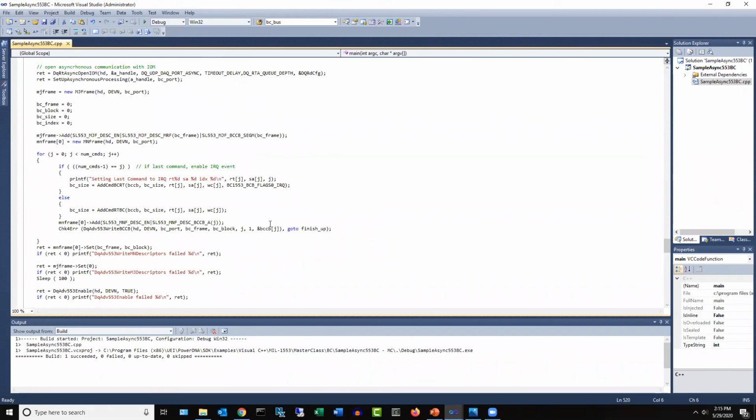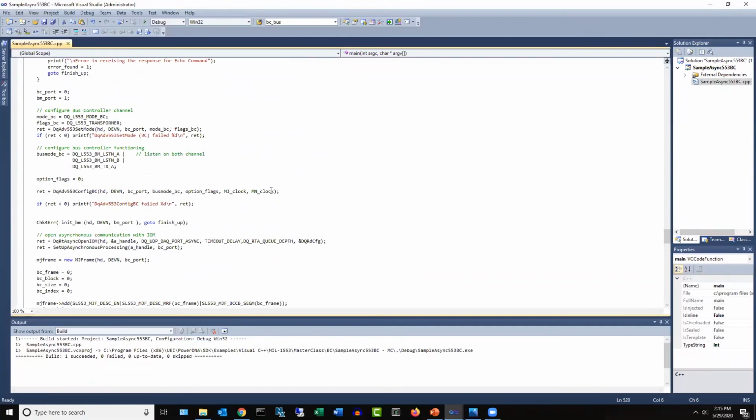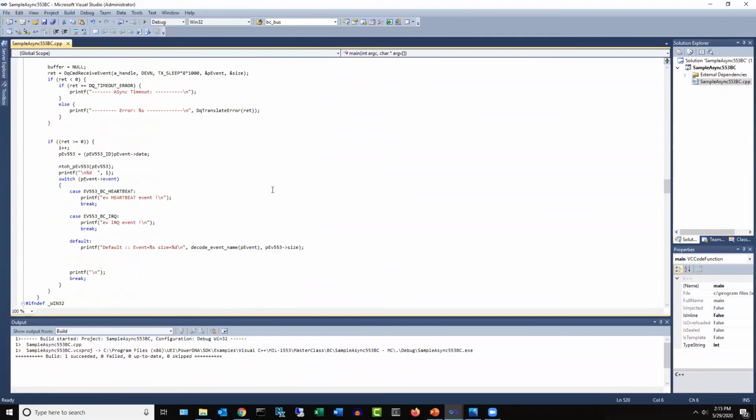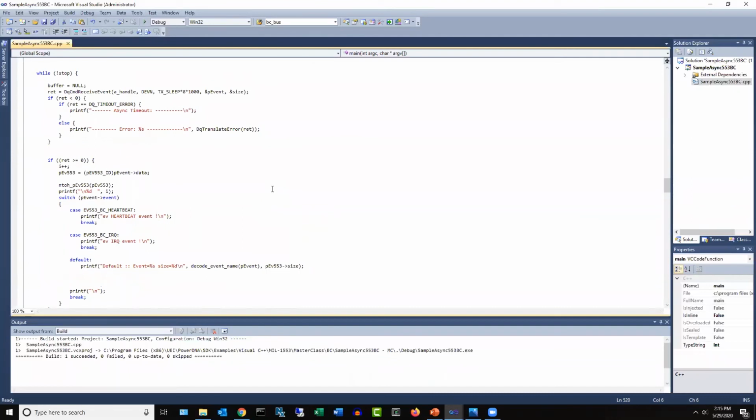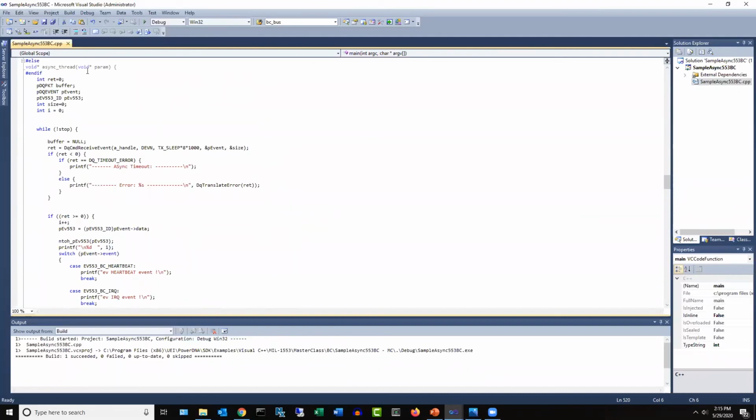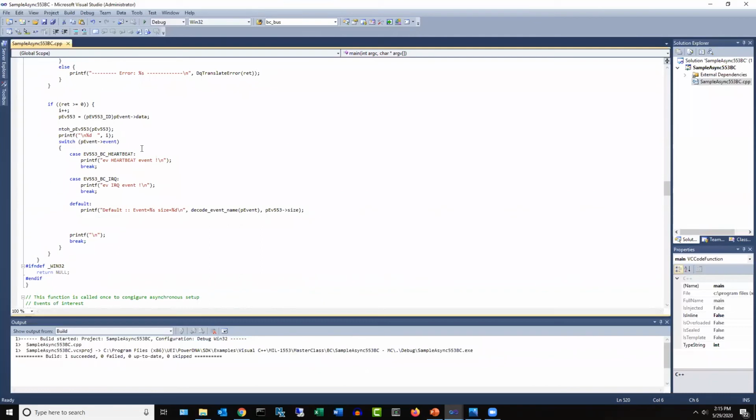Okay, so this is an asynchronous setup. It has the major minor frame scheduler here. I'm adding commands. I'm adding 30 commands actually. And on the last command, I'll set the IRQ event. We'll take a look at this, the thread that handles events. And when we receive the BC heartbeat event, we'll be here in this code, or the IRQ will be here in this code. So let's